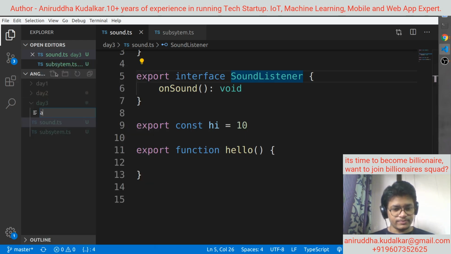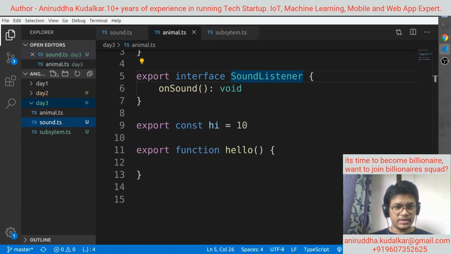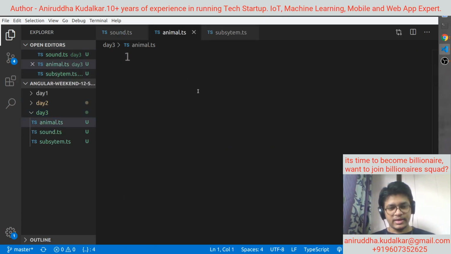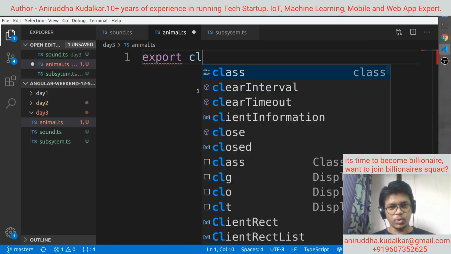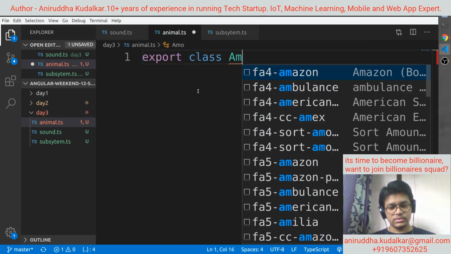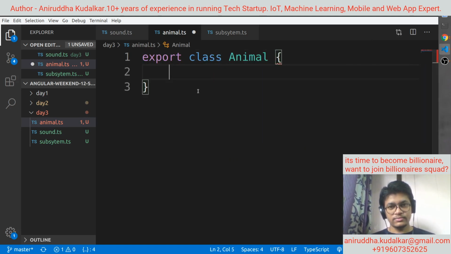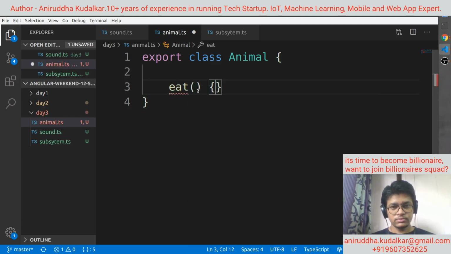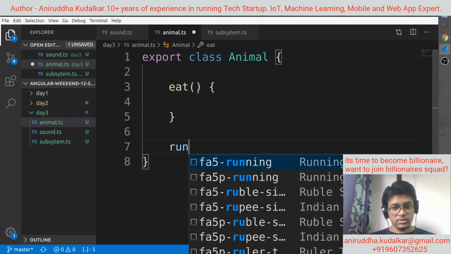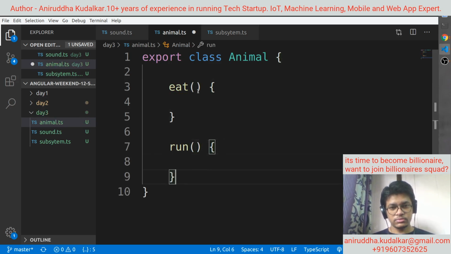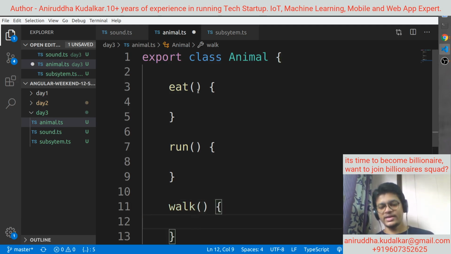New file animal.ts, and here I can say export class animal, and then you can say eat, run, walk. These are the functions I'm writing.